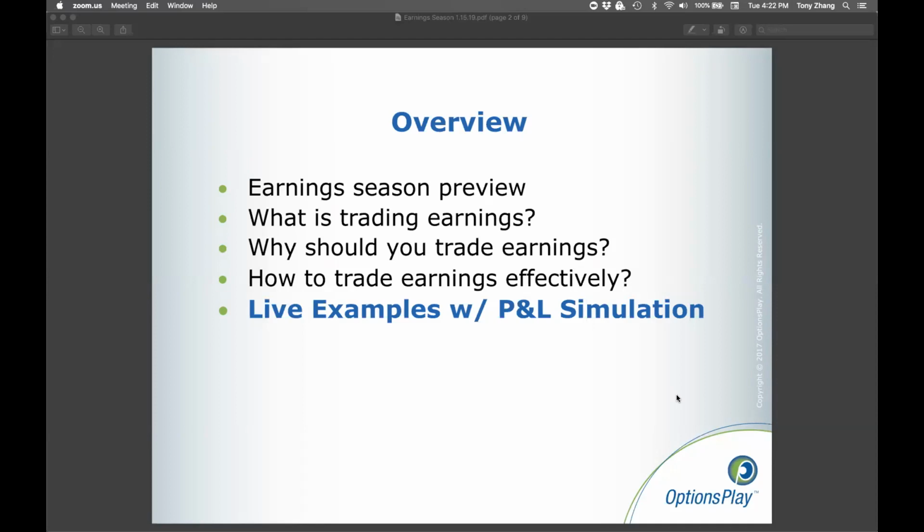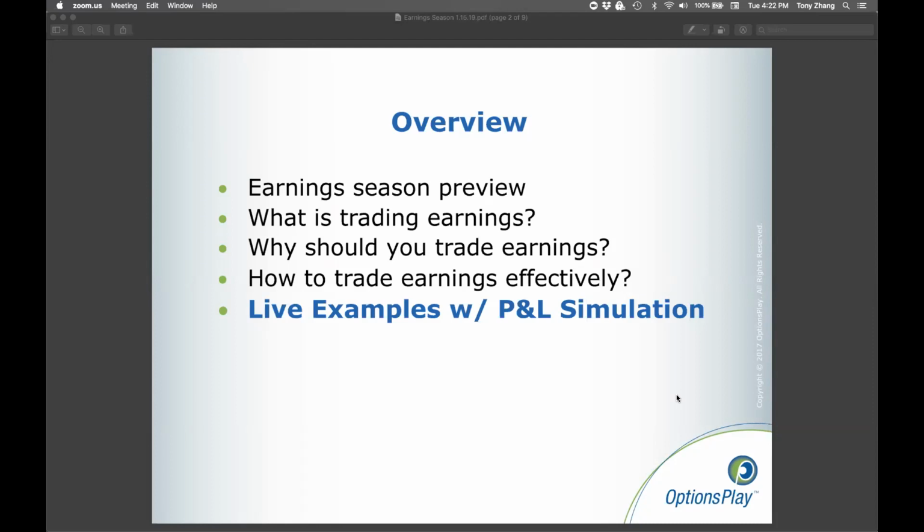And then lastly, we'll spend as much time as possible going through quite a few different examples of stocks that have earnings coming up in the next few weeks. We're going to look at those stocks. We're going to look at some bullish and bearish examples. We'll show you how to evaluate an option strategy around earnings so that you can see exactly how much potential reward you can have if you are correct on that trade, and on the same token, how much risk you have if, let's say, you are wrong on that trade,